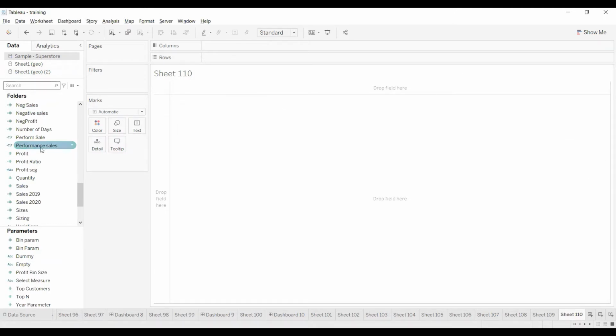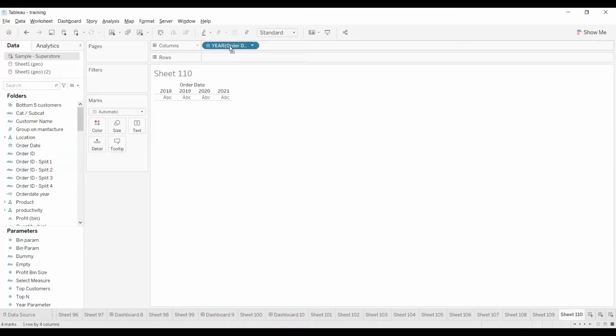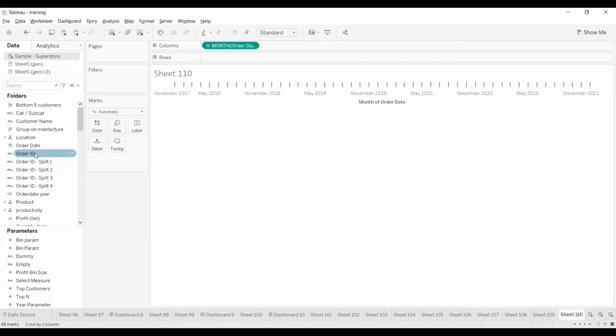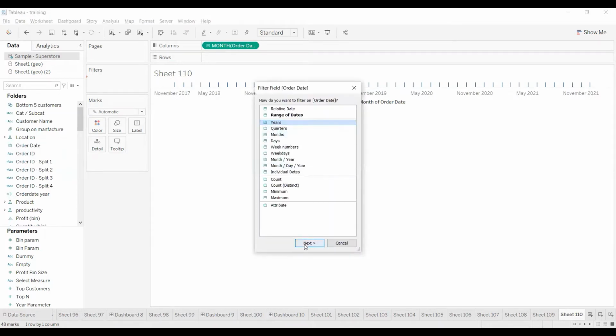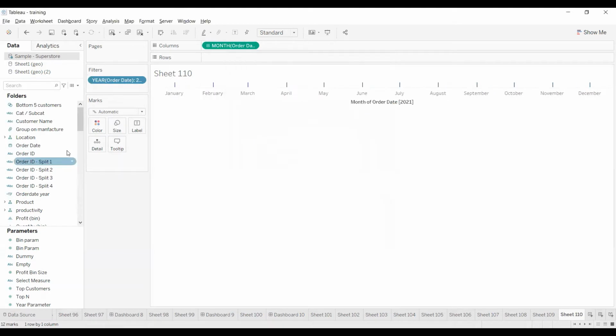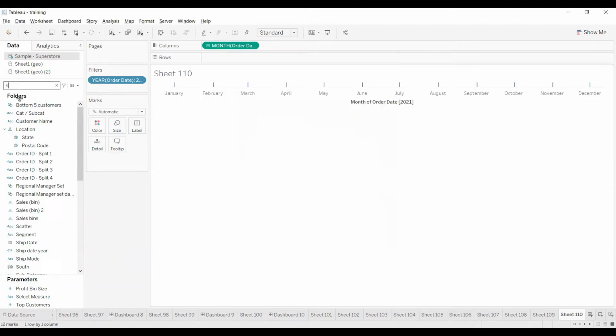First, I'm going to take my order date, and I want to see the data at month level. So I'm taking month, continuous, and I would like to see the year 2021. I'm making a filter on that, and I would like to see the sales.